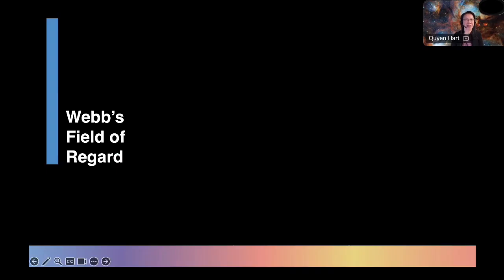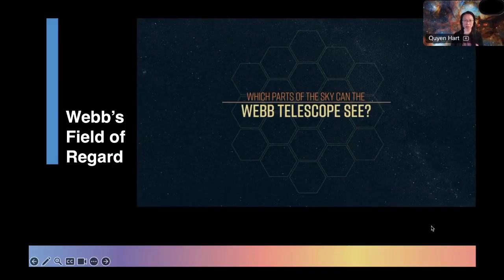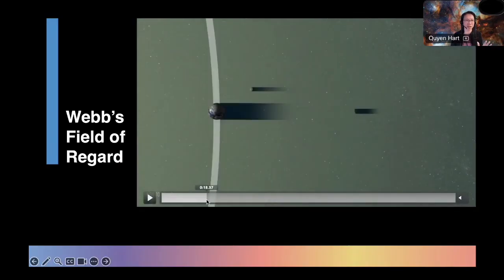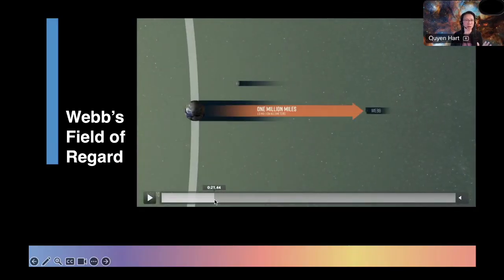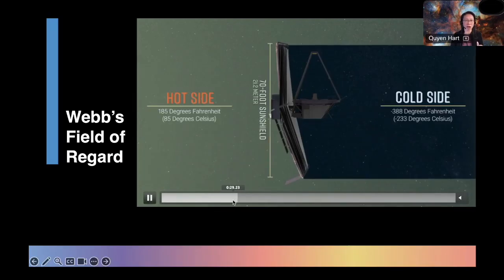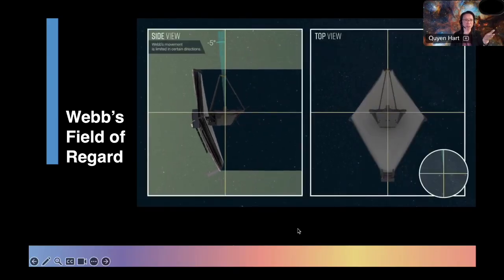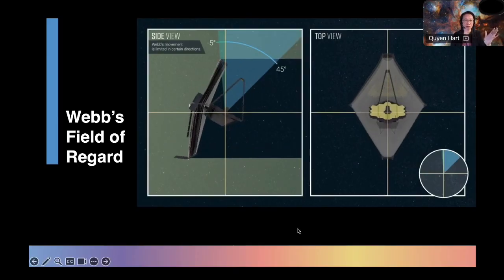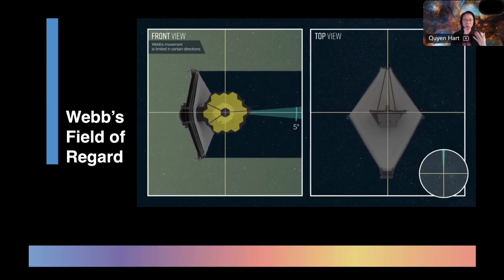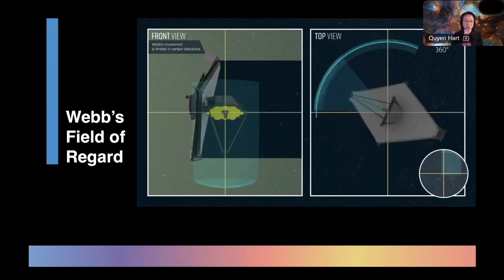KBPS means, right? In terms of field of regard here, for those who are really interested to know, what is it? How can Webb see all of the sky? Because they have a sense that it's always pointed away from the sun, and it's a million miles away. They might want to know, I'm going to let this run here, the hot and the cold side. And then they want to know, how can it move in space? How can it tilt forwards and back, but still face away from the sun? How can it rotate and then eventually see? So there are graphics here that allow you to share that information if the audience is very interested in this.